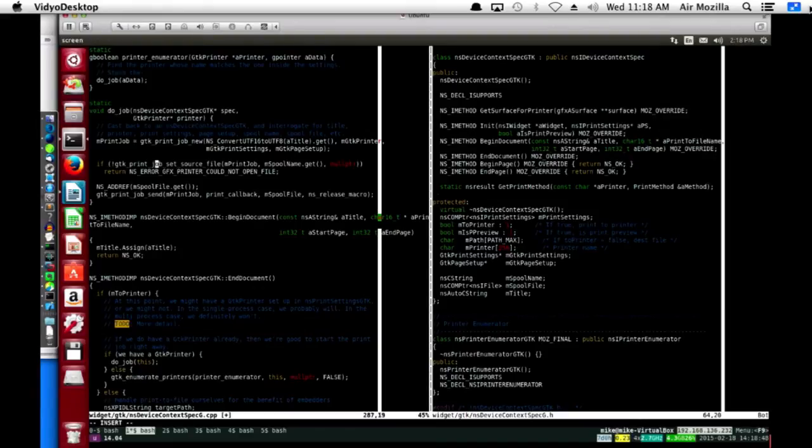Now, there's also destruction. How's destruction going to work of the printer? We've got this printer thing that we instantiate. Well, we don't actually instantiate it. We get a handle to it back. Do we have to worry about destroying it? You know what? I don't think so.